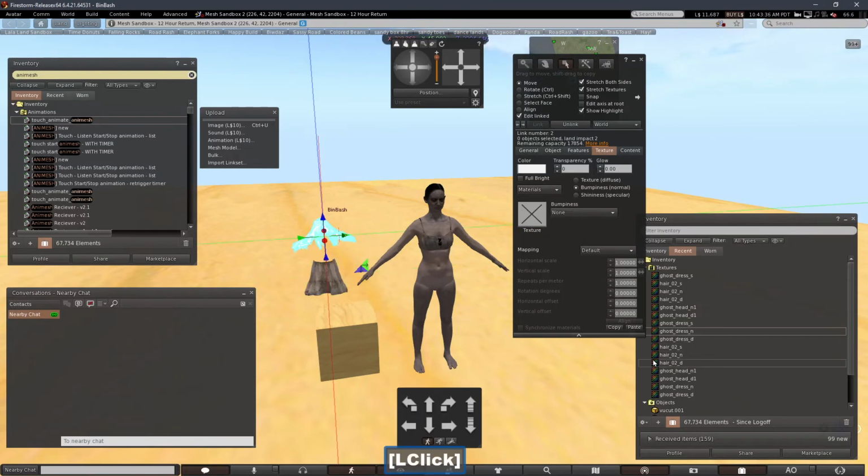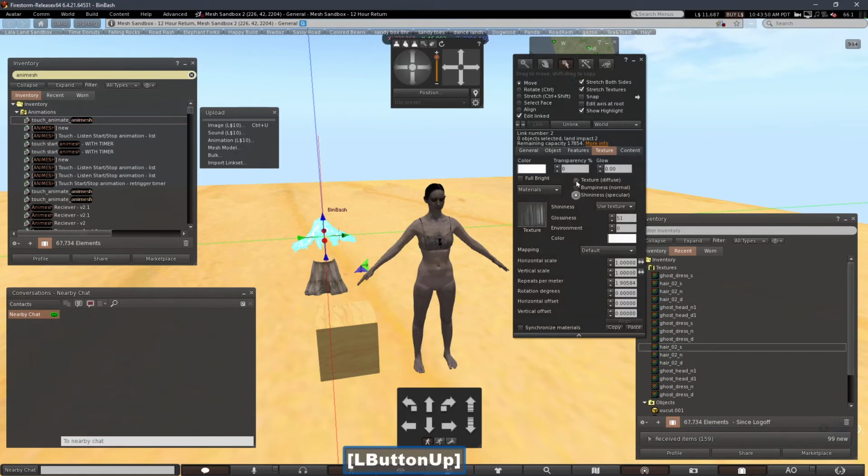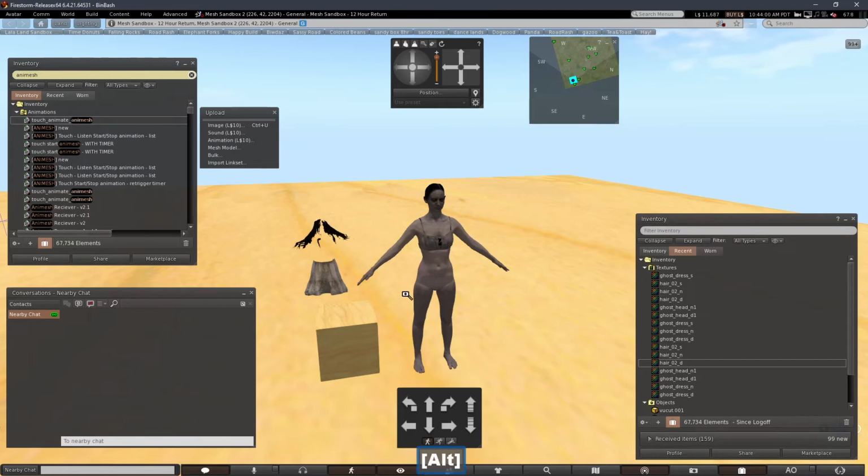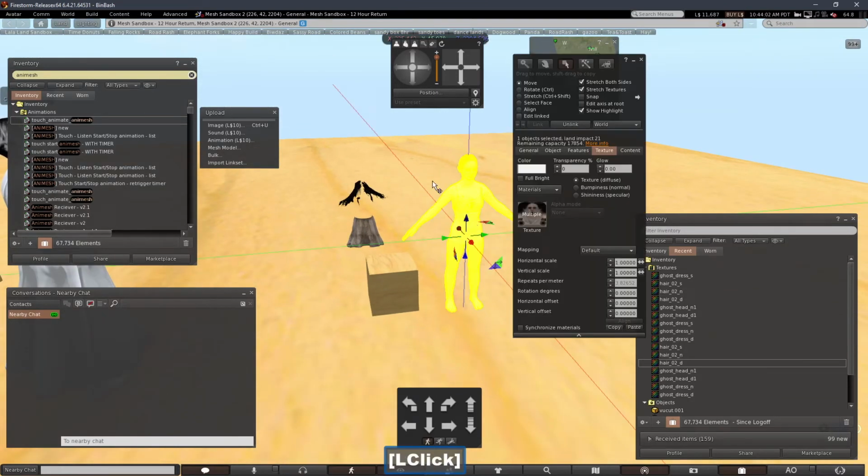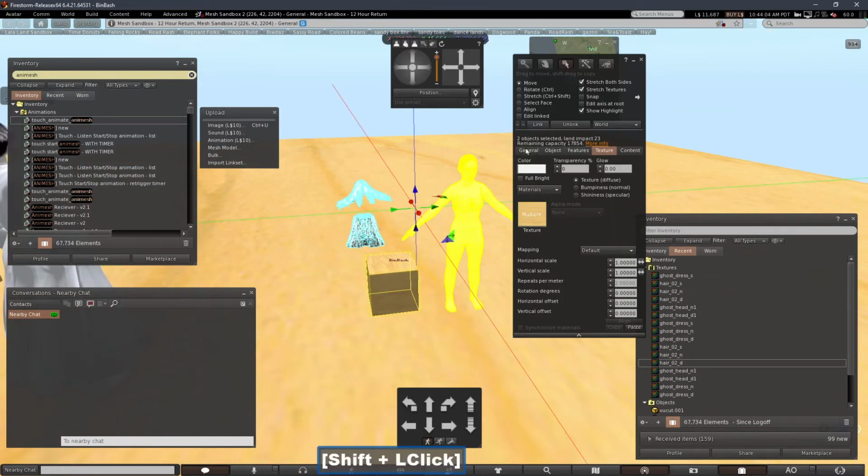Let's do the hair, normal since that's selected already, and shiny is S for specular, and then the texture is diffuse for the hair. I think that's it. Yeah, I just have to anchor this as well, link it,